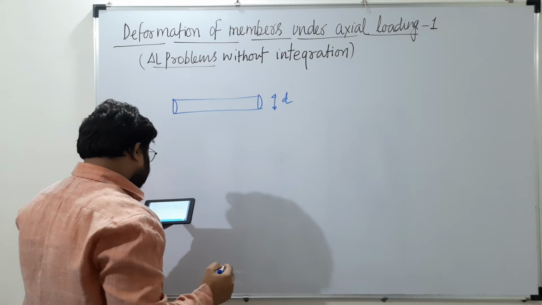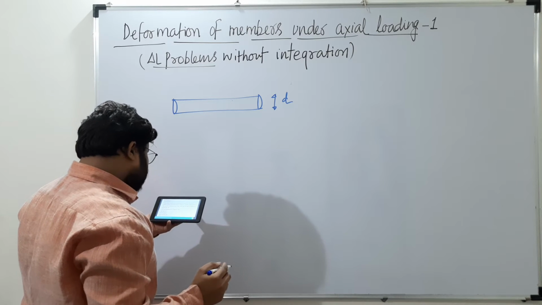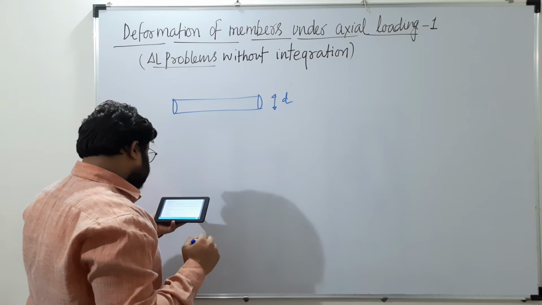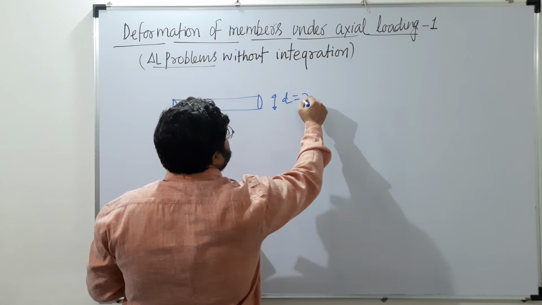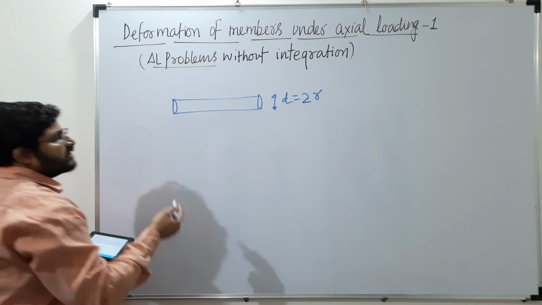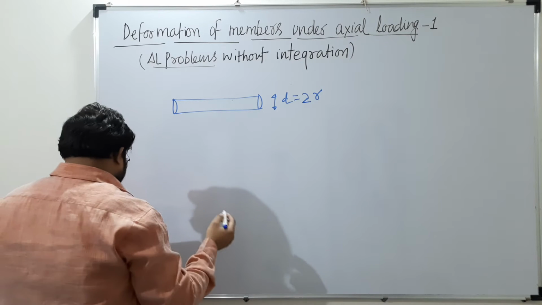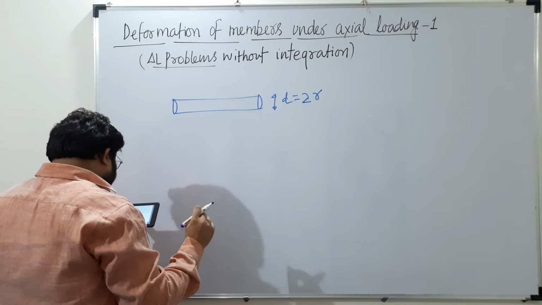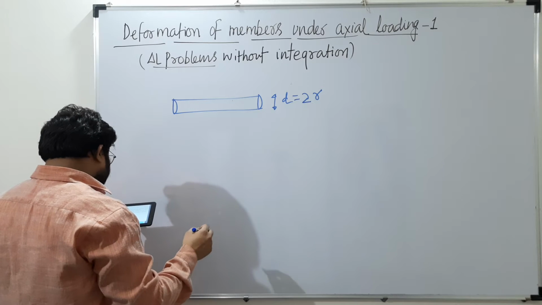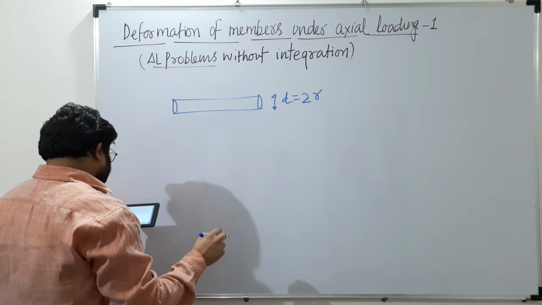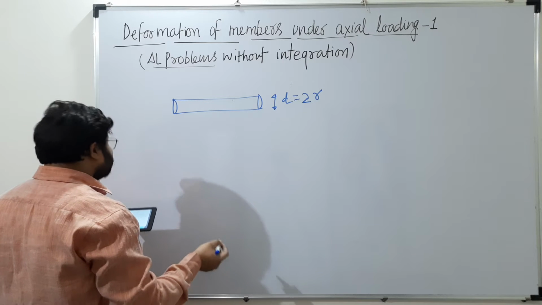Now, because they have given that the radius of the circle decreases to half its original value, this can be written as twice r. Obviously diameter d and radius r. Now what they have done: the radius of this circle decreases to half its original value due to stretch of the wire by a load, then the modulus of elasticity of the wire will be.